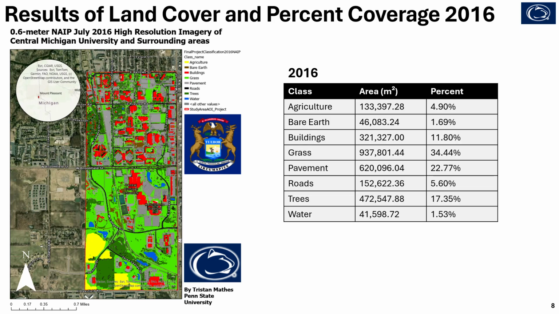Buildings represented about 11.8% of the study area, while roads accounted for about 5.6%. Agricultural land covered about 4.9% of the landscape. Smaller classes included the bare earth and water, both representing about 1.7 or 1.5% of the total area. Overall, the results indicated that the study area is primarily composed of grass and paved surfaces with significant tree cover and developed infrastructure, while agricultural land, bare earth, and water represented smaller portions of the landscape, at least collected for